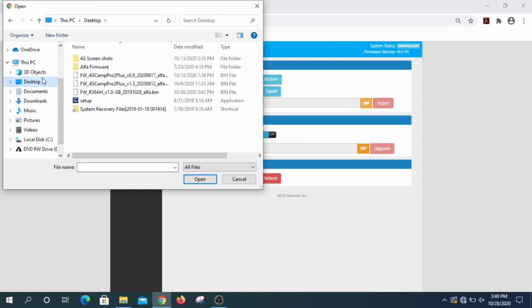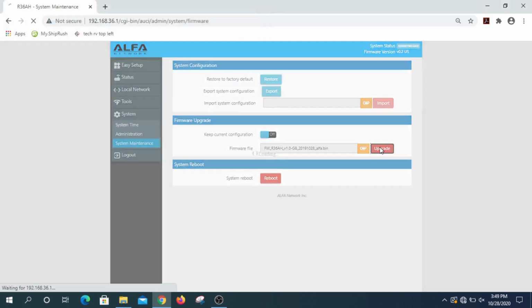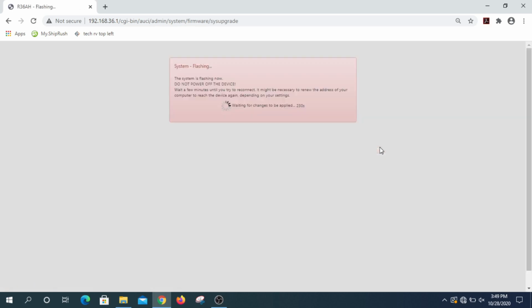Here, go find your new firmware. I put mine in desktop. Click it, click open, click upgrade. This will take a couple minutes, so I'm going to speed the video up to after the changes have been